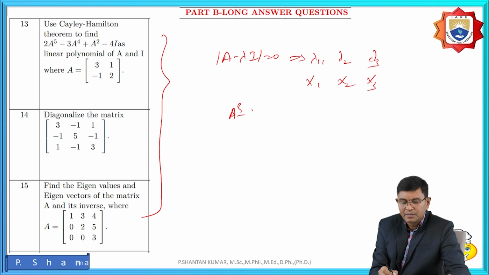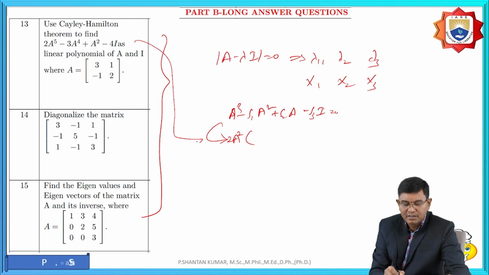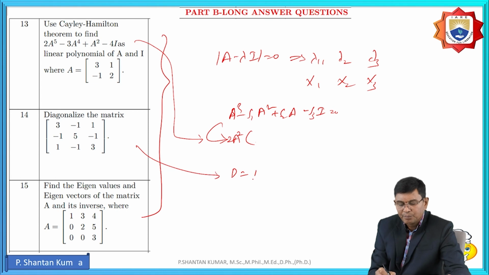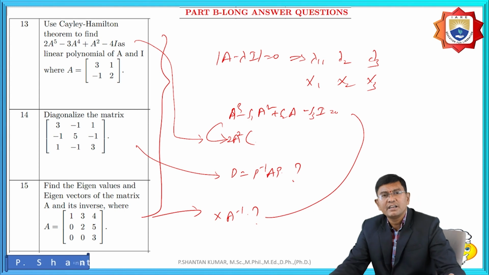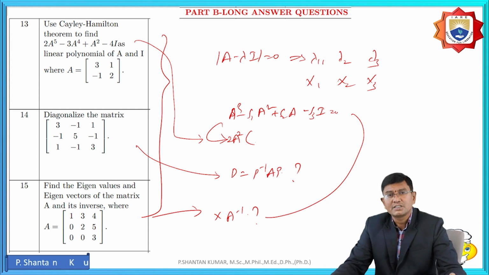A cube, A square. From this equation, take 2A square out common from here. Diagonalization means D is equal to P inverse into A P. To find the solutions, these are clearly finding the diagonalization of a matrix and inverse of the matrix, and